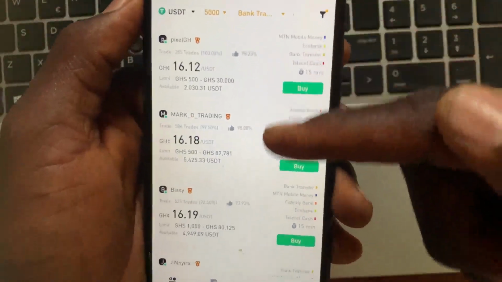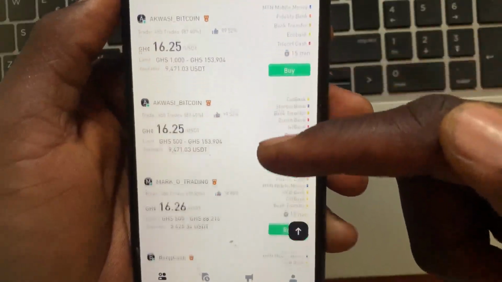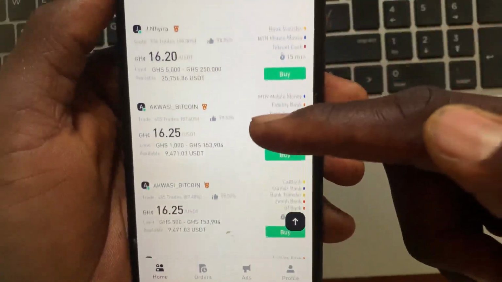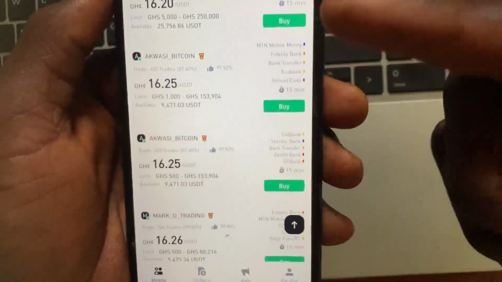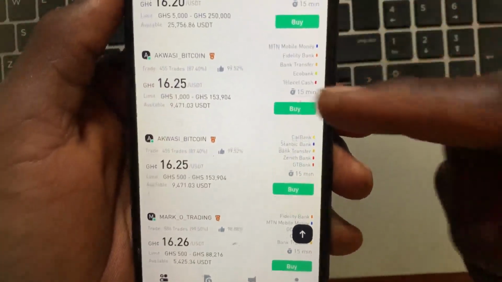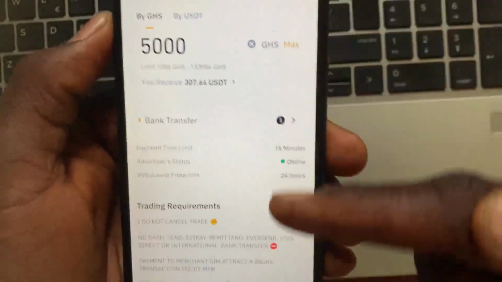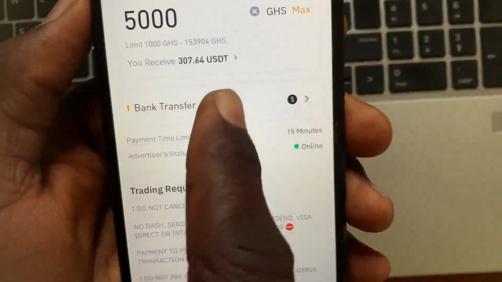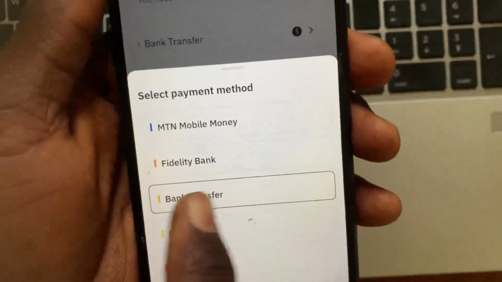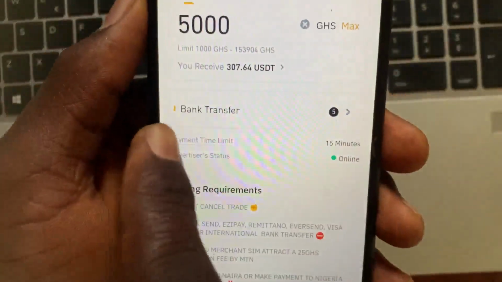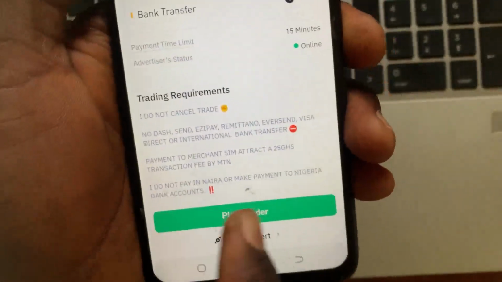So from there, you will be able now to see different people that are located in your currency and are willing to collect transfers from you and give you USDT in return on your Binance account. So for me, let's say I want to use this person. So I'll tap on this buy button. After you tap on this buy button, now tap on this bank transfer. So now go ahead and add in your bank details. So as you can see now, it says bank transfer. So now if I tap on this place order button,